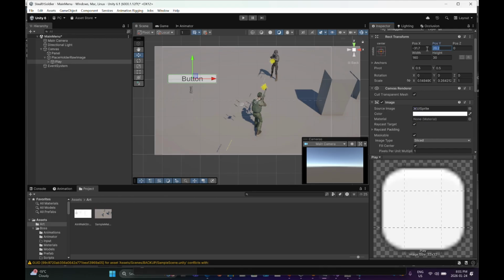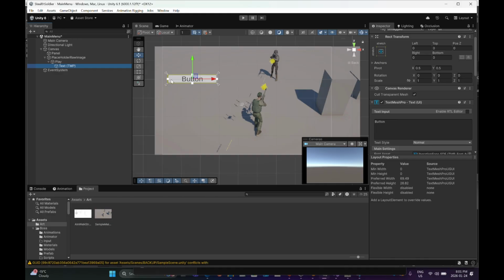So I'll make it a nice round number for position. I have to open this up and select this to change the contents of the button. So this will be play,